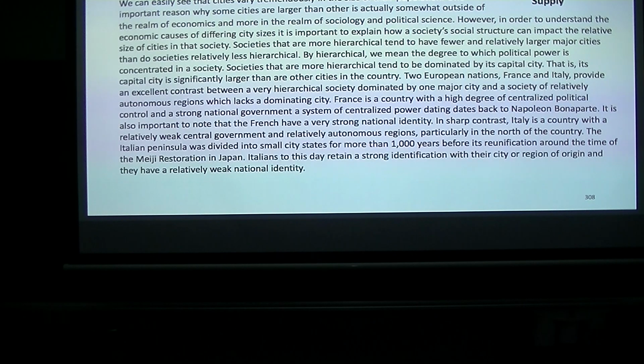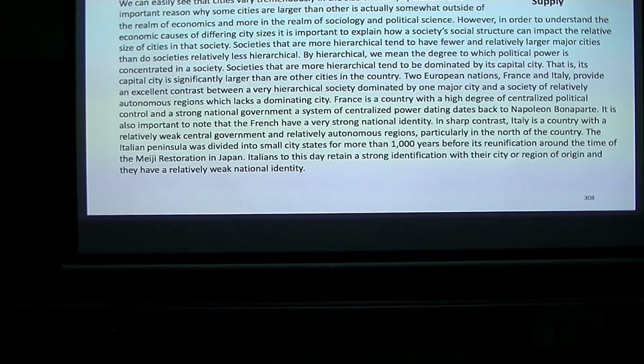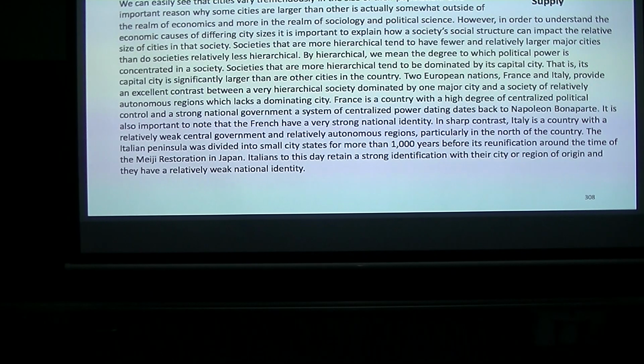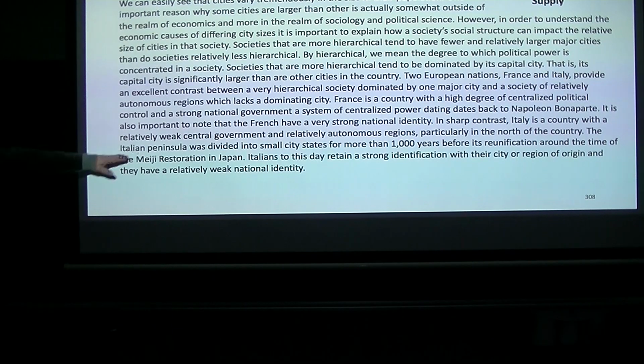Italy, on the other hand, and this is a very interesting contrast, its cities are not like that. Milan is the only city of any real significant size. Italy has a lot of cities, but they're not very big by global standards. And people have a very strong local identification. That in France is very different. France is more of a centralized society. Italy much less, and to some degree that's reflected in the size of the